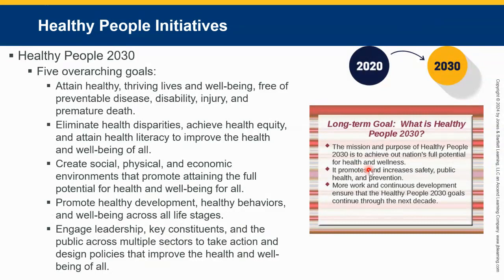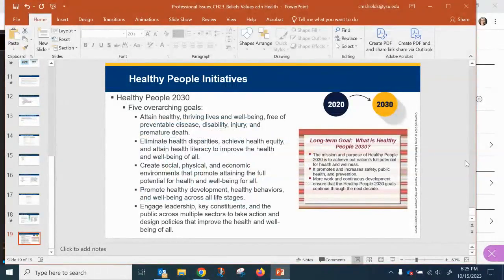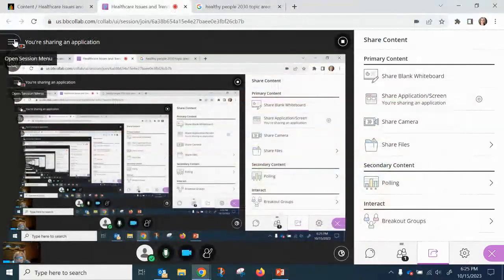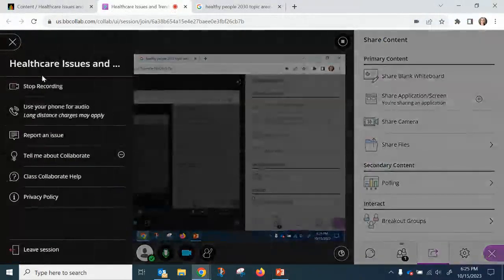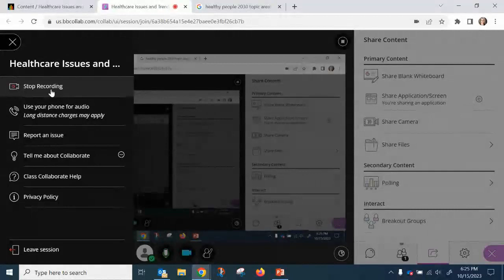The mission and purpose of Healthy People 2030 is to achieve our nation's full potential for health and wellness. It promotes and increases safety, public health, and prevention. More work and continuous development ensure that Healthy People 2030 goals continue through the next decade. And we are going to be looking at that in the next module as well, but just kind of wanted to introduce to you what Healthy People 2030 is. It's certainly something that you will see on certification, so I want you to be introduced to it, and we'll continue